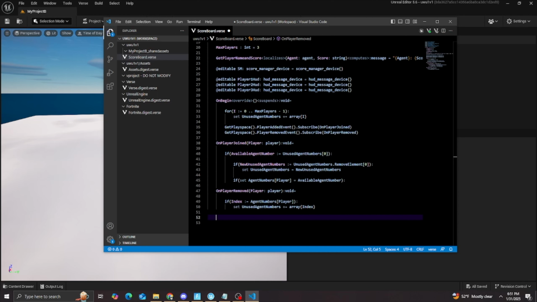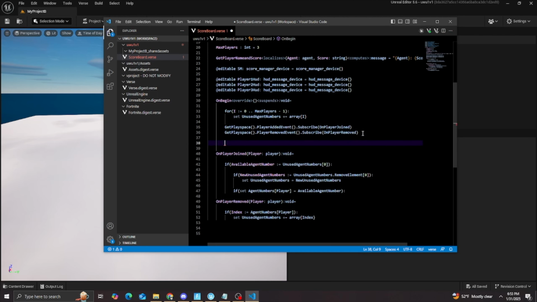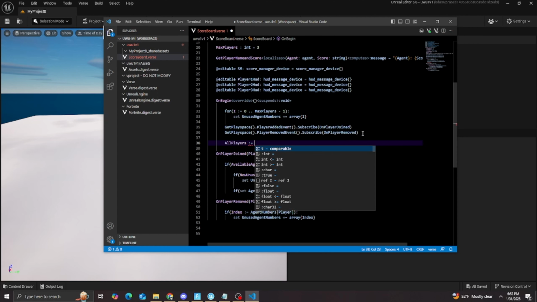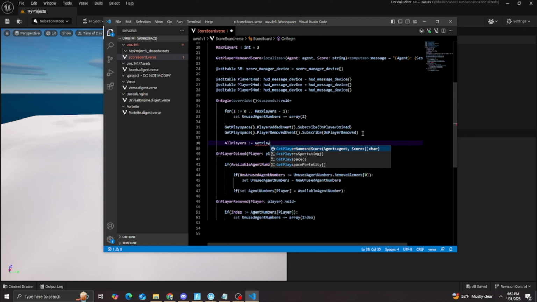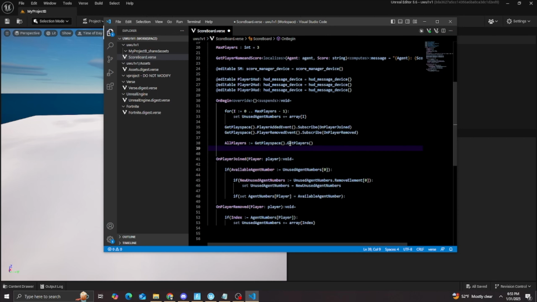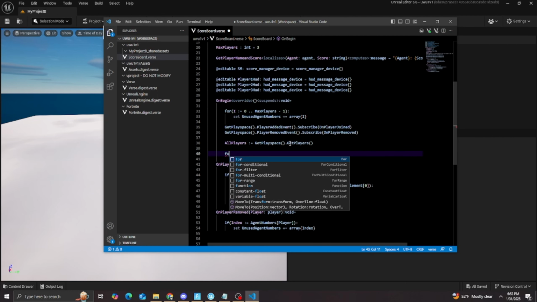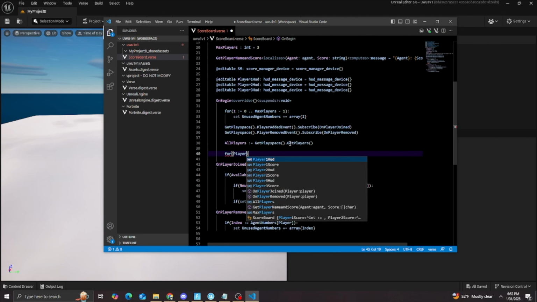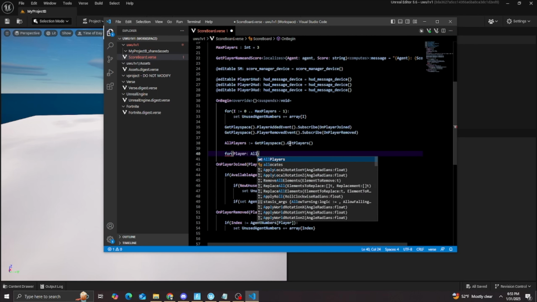On begin, all players is equal to get play space dot get players. So this basically just grabs all the players that are in the game, and then for player, all players,